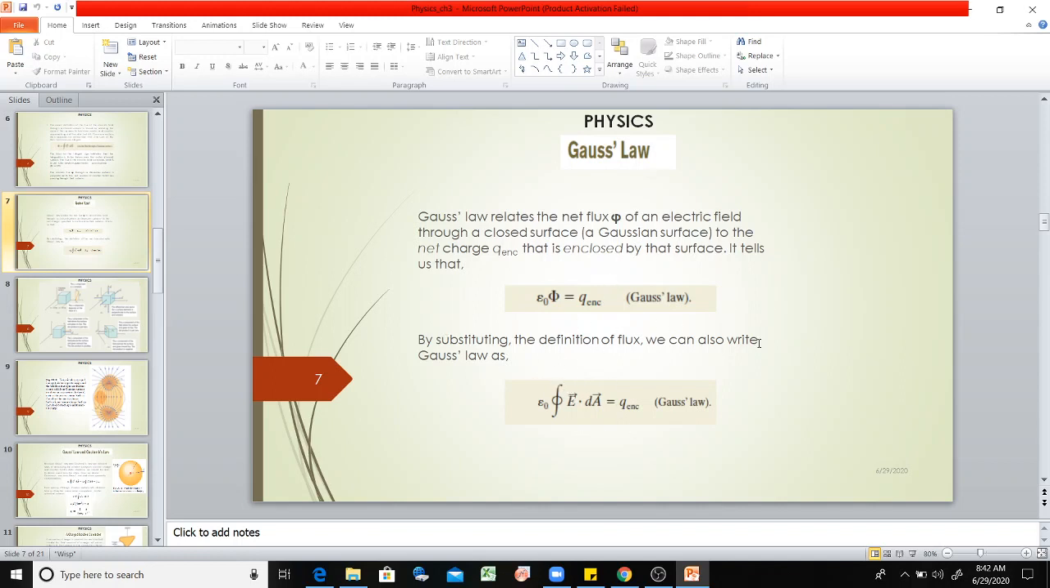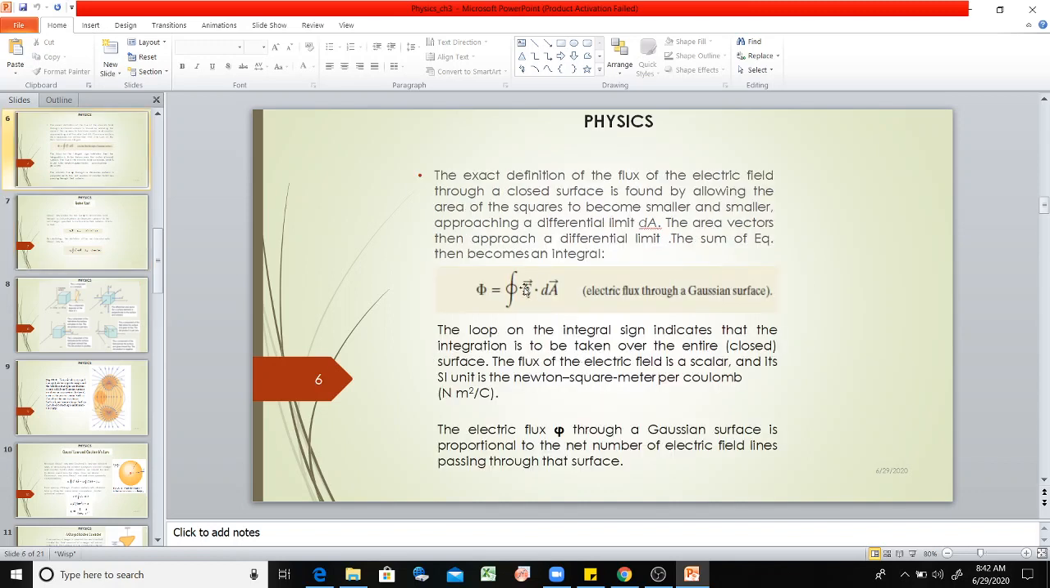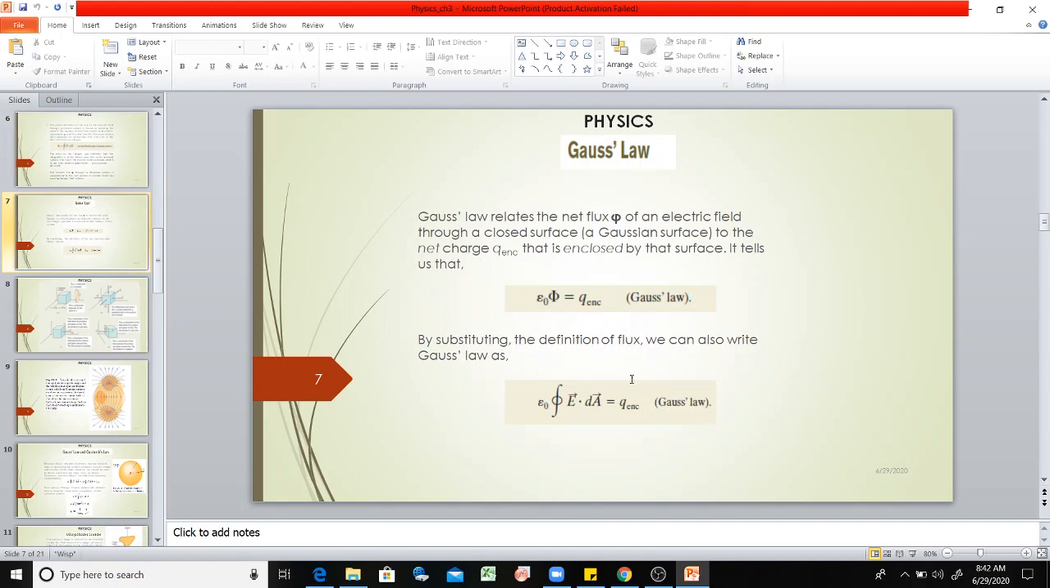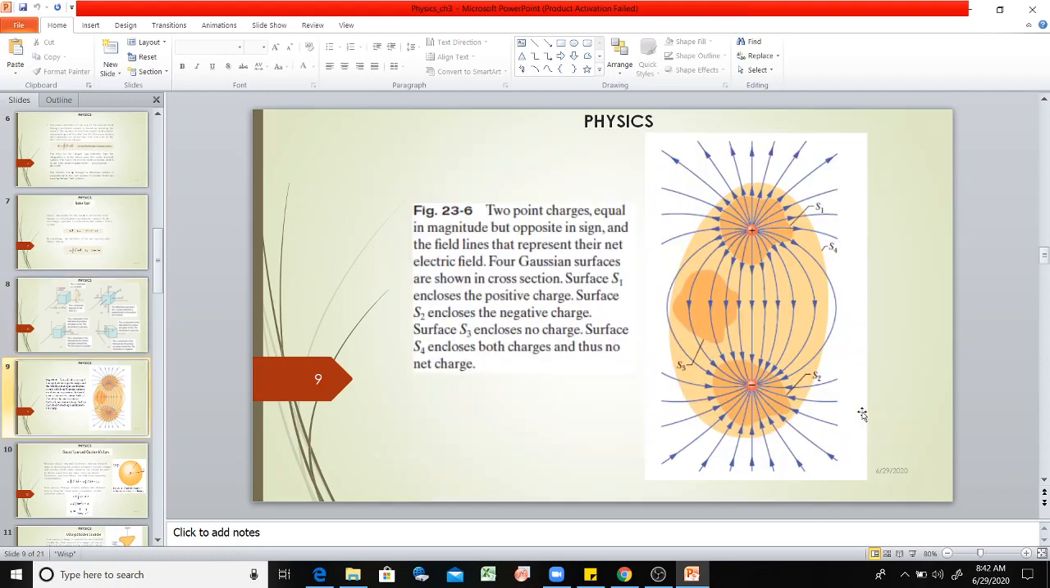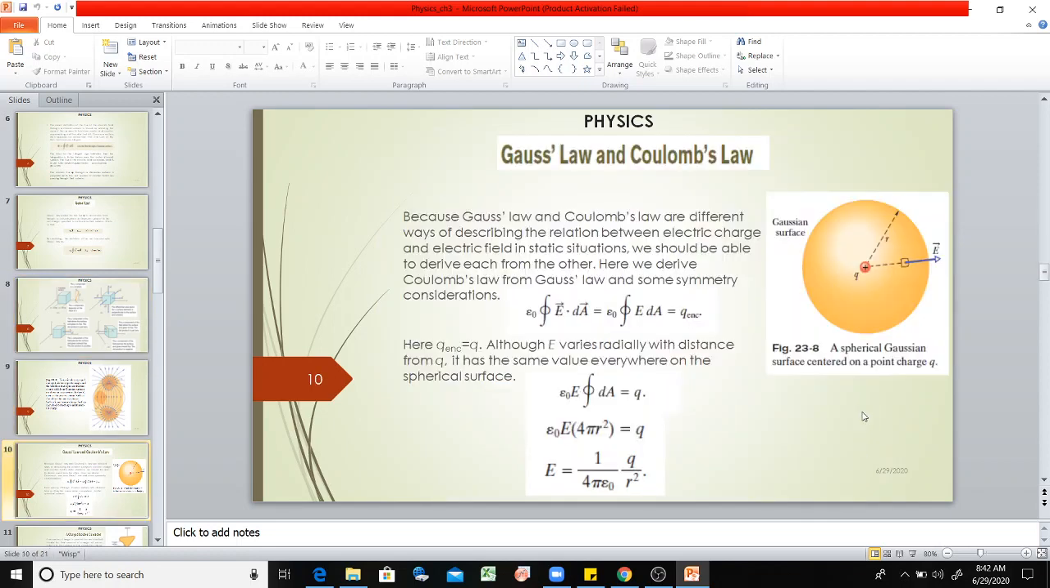And by substituting the value of phi from before into this equation, we have epsilon naught closed integral E dot dA equal to Q enclosed. So here are different geometries. You have to apply the same concept on these geometries and find what the value would be on different